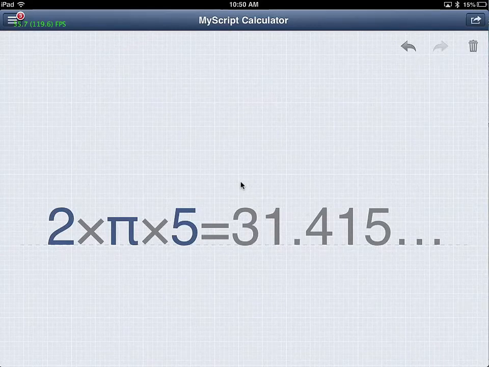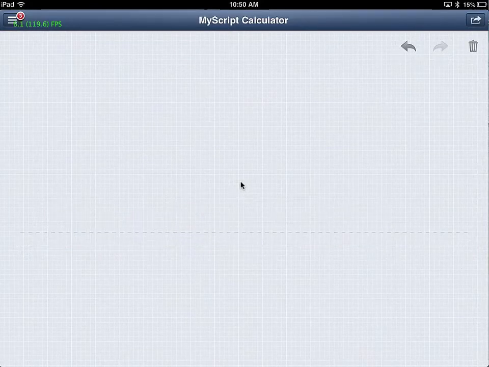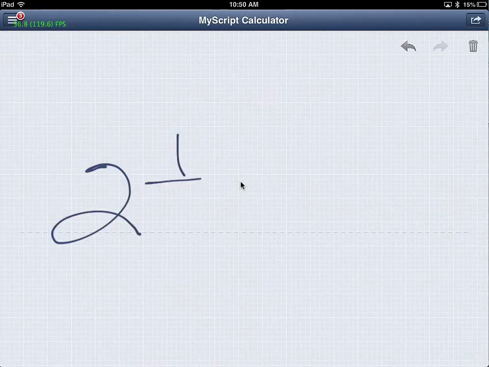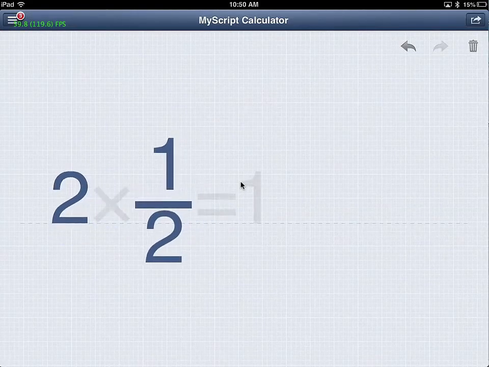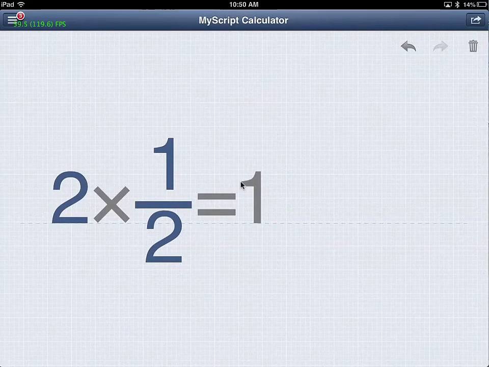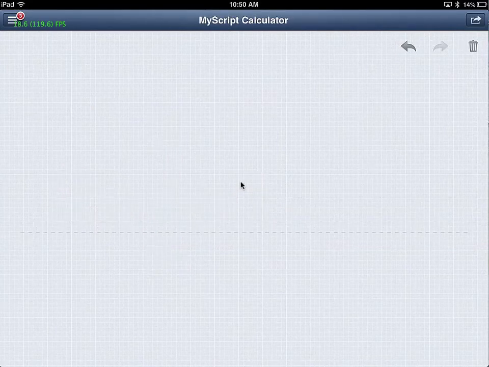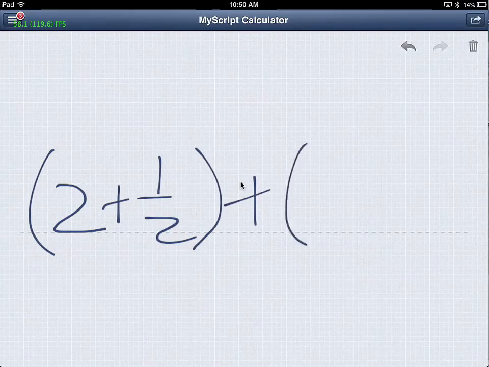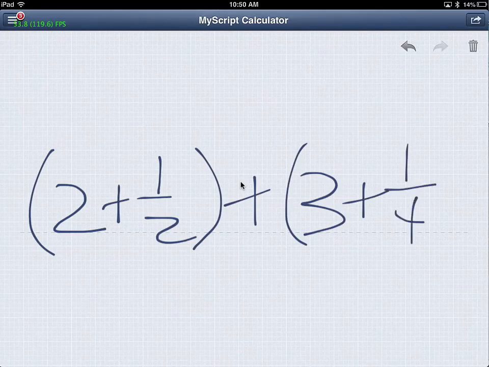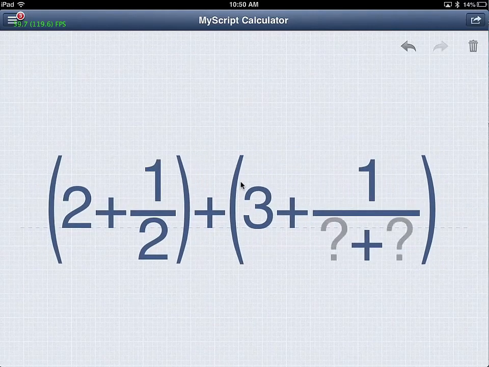About the only thing that I found that it doesn't handle very well is mixed fractions, because if you try to take 2 1/2, well, it's going to interpret that as 2 times 1/2. So if you want to do mixed fractions, you have to do something like this: 2 plus 1/2 plus 3 plus 1/4. Well, interestingly enough, that's really